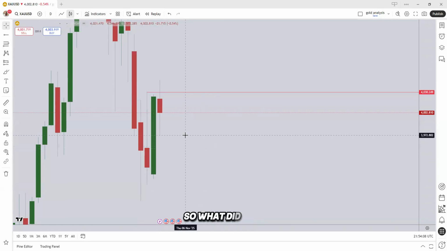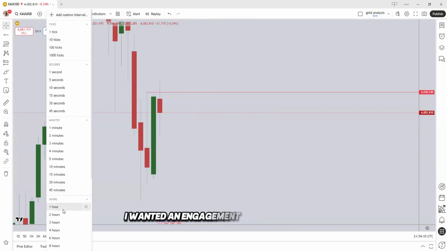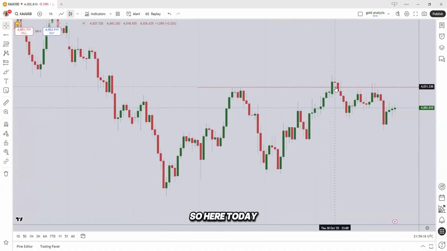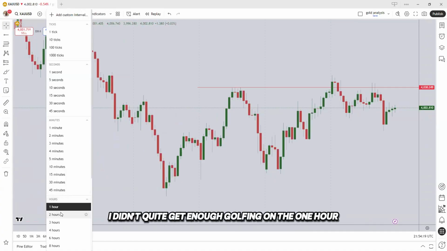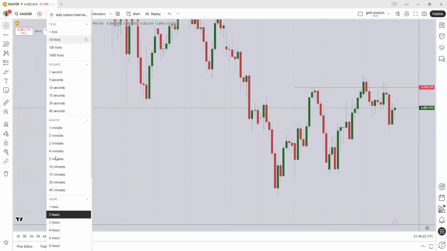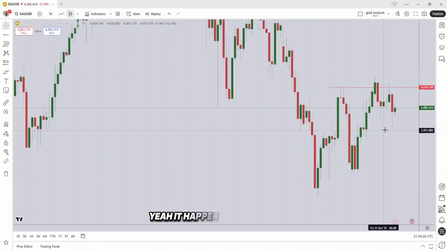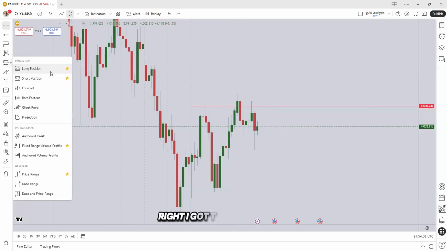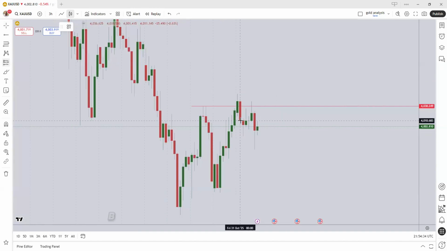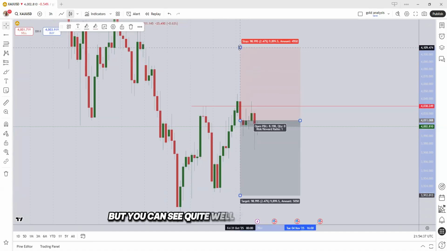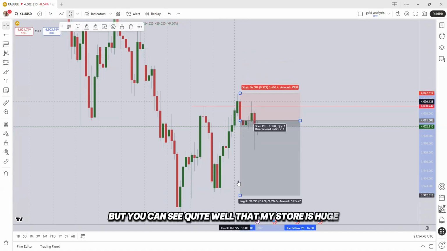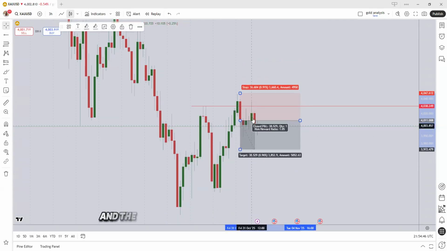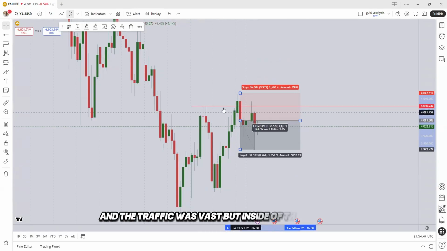So what did I do? I wanted an engulfing, so I waited for it. So here today, I didn't quite get an engulfing on the 1 hour. I think it happened on the 3 hours. Let's see. Yeah, it happened on 3 hours. So on the 3 hours, right? I got this short, right? But you can see quite well that my stop is huge, and I only got about 1 to 1. Right? And it reversed back inside of that level of